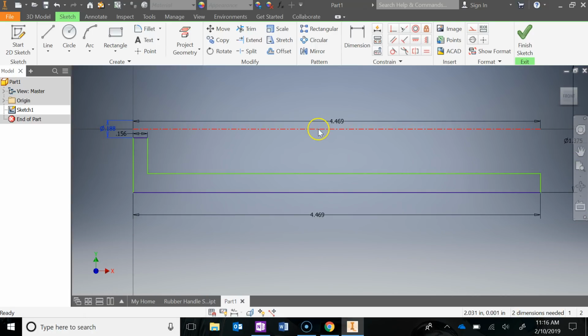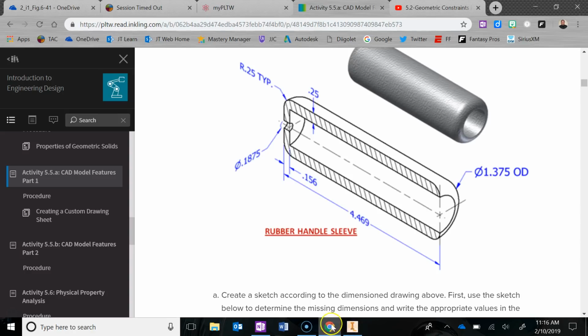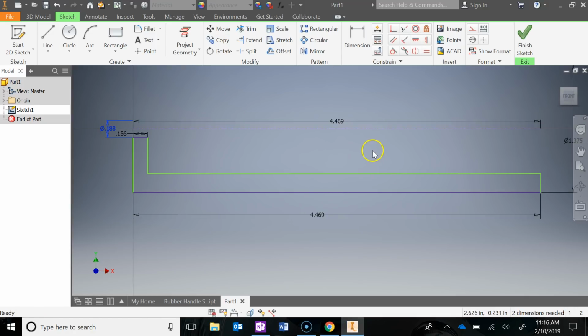All right, I believe we need 2 more. Yes, if you're taking a look down here, we need 2 more constraints to fully constrain this thing. So the other one that we need is an inside diameter. And actually, before I do this, I totally forgot to tell you,